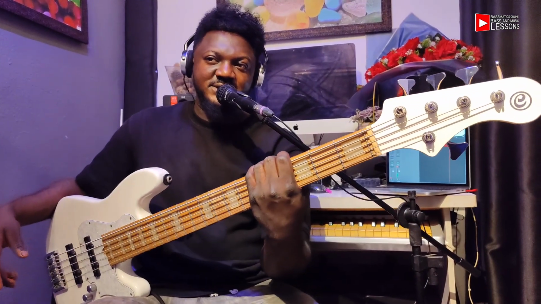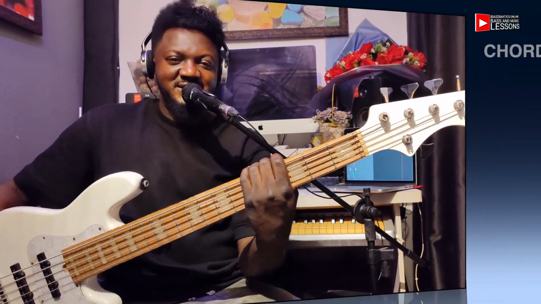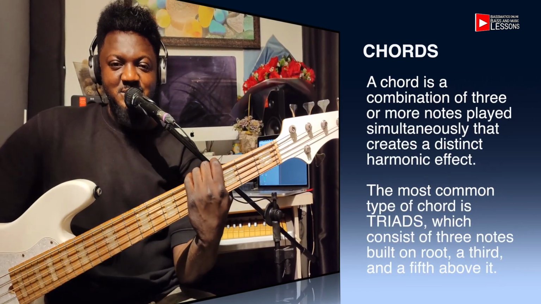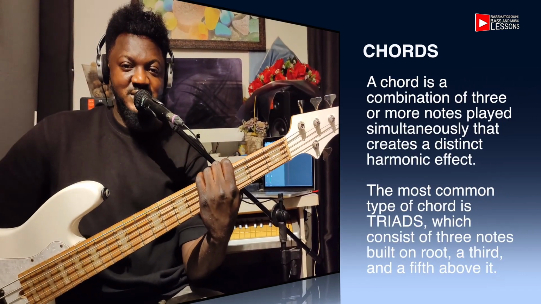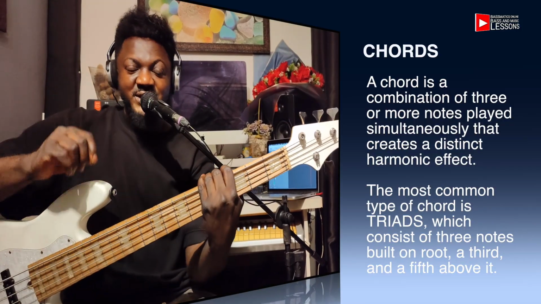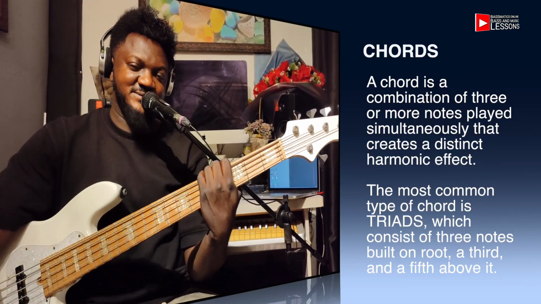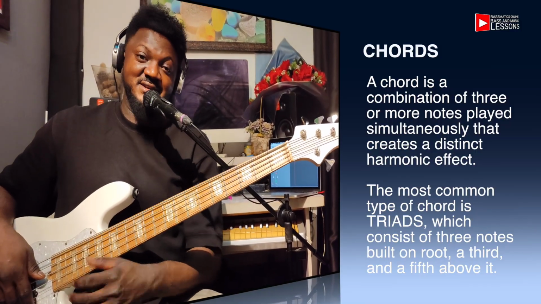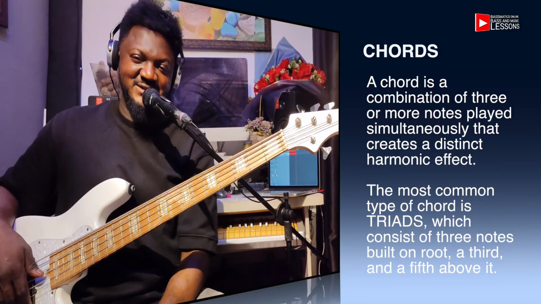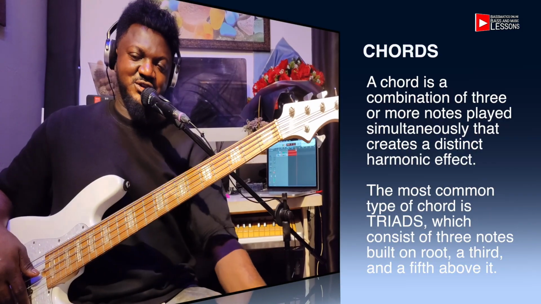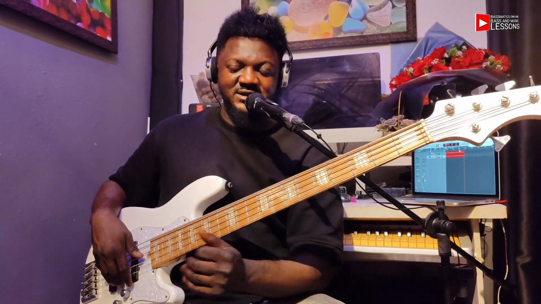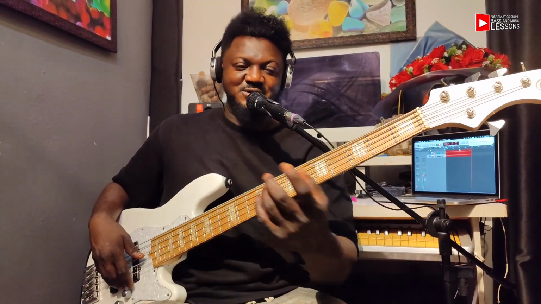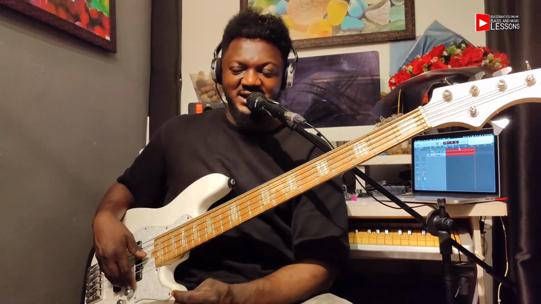So what is a chord? A chord in music is a combination of notes. Some definitions say a chord is a combination of 3 or more notes played simultaneously to create a distinct harmonic effect. But in bass, we can play a 2-note chord and it still sounds cool. It doesn't have to be full. Well, that definition is for general chords, but for bass, we've improvised to playing 2 notes at different points, and I'm going to be showing you a